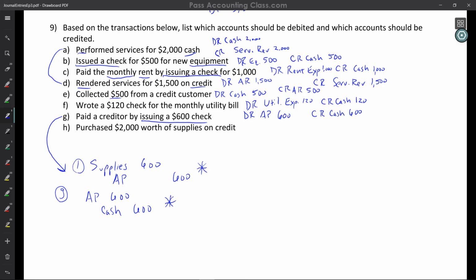So then the last problem states, purchase $2,000 worth of supplies on credit. And you can see I kind of already did that journal entry below right here, but we'll just go ahead and do it here anyway. So if we purchase supplies on credit, supplies is an asset. We increase the balance of an asset by debiting it. So that would be a debit to supplies. And that's $2,000. And then the other side of that transaction is a credit to accounts payable for the same $2,000. And again, we're going to credit accounts payable because accounts payable represents the amount that we